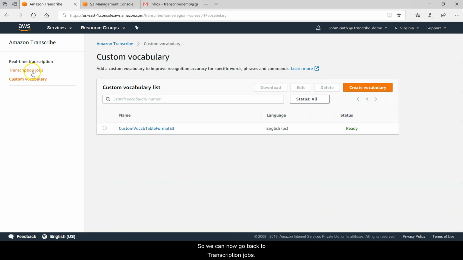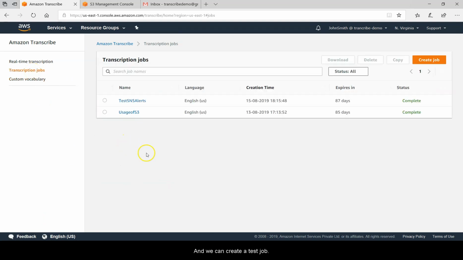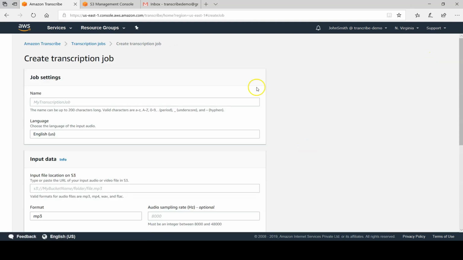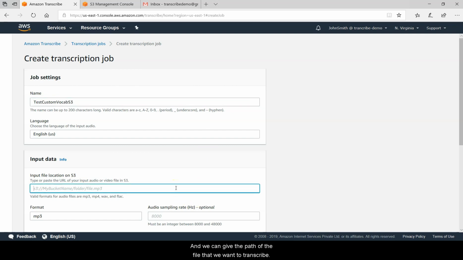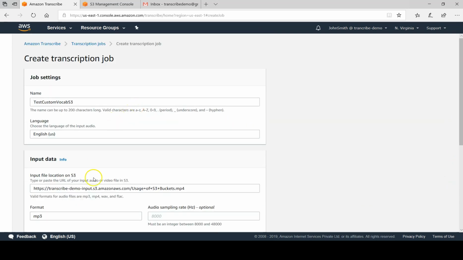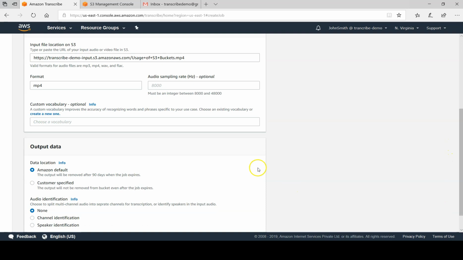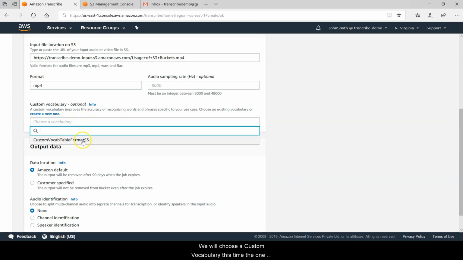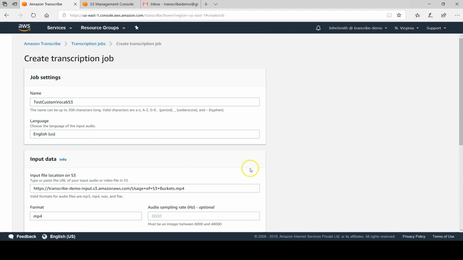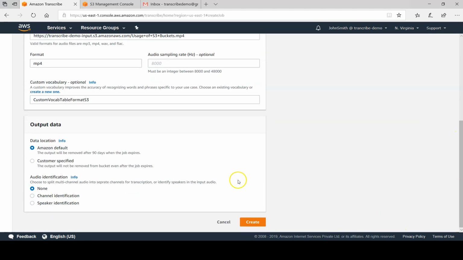So we can now go back to transcription jobs and we can create a test job, test custom vocab S3, and we can give the path of the file that we want to transcribe. The format will be MP4, and we will choose a custom vocabulary this time, the one that we just created, and we will use the default Amazon bucket for this demonstration, and we will click on create.